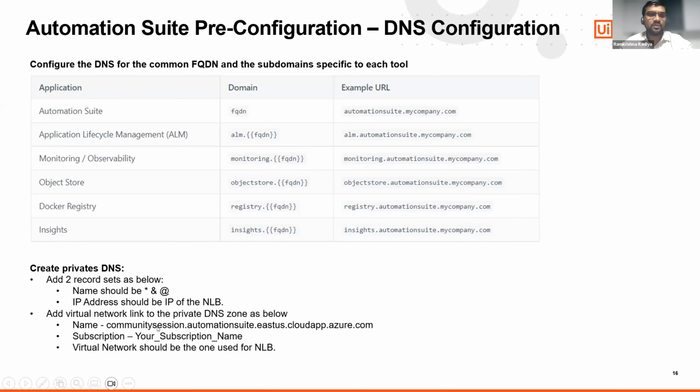So I'll show you quickly once I complete this particular slide. And you also need to add a virtual network link into the private DNS zone, right? So in our case, our DNS name is community session.automationsuite.eastus.cloudapp.azure.com, and our subscription name, whatever you have, and the virtual network created for this link should be the one which is used for the network load balancer. Okay,